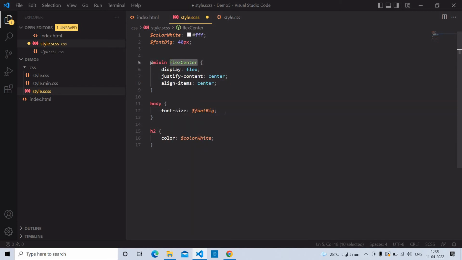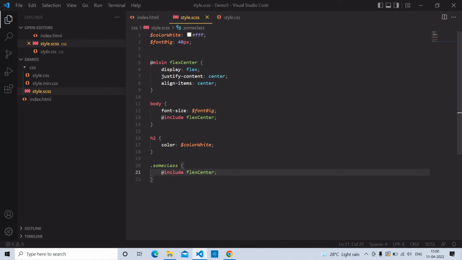So you can use it anywhere with include, right? You can use it in any class, like some class. You can use it with the include function. These are variables and these are